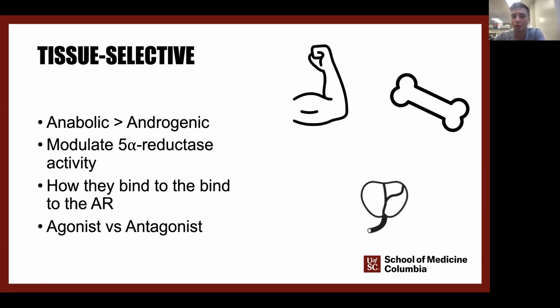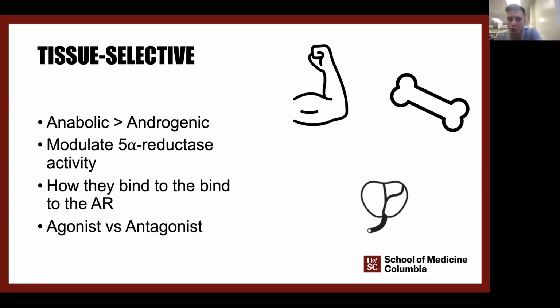So it's important to note that even within our normal physiology, we have degrees of activation of the androgen receptor, and not all androgens interact with the androgen receptor in a similar manner. The same can be considered with these compounds. We'll talk again later about how they bind to the AR and how this influences the conformational change of the AR, and then influences those downstream effects, meaning the transcription and then translation.